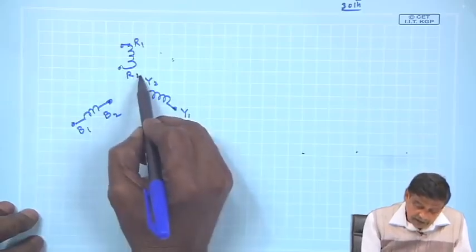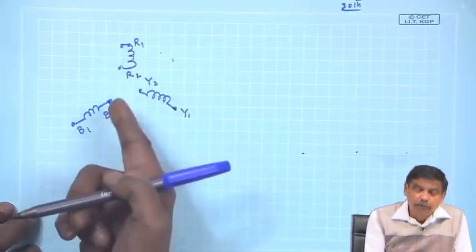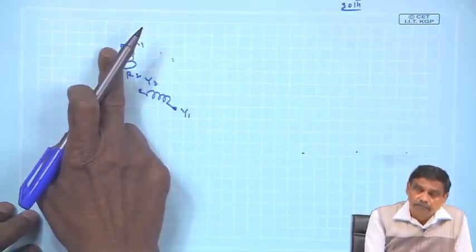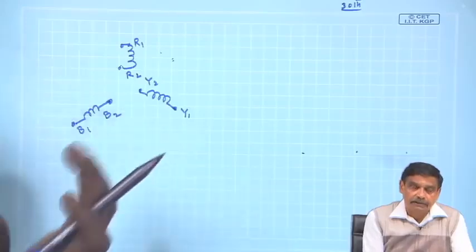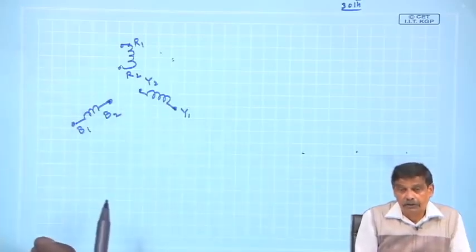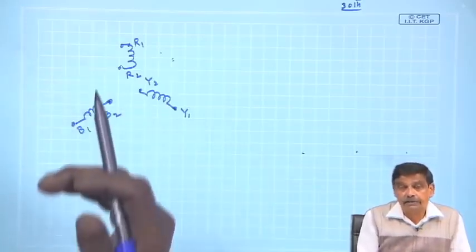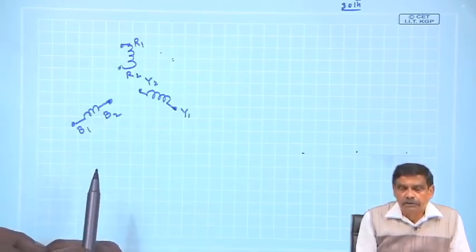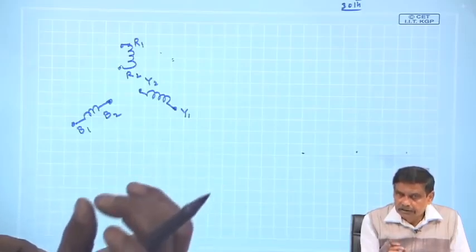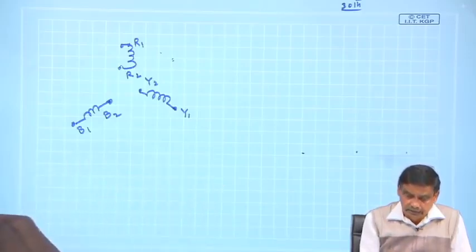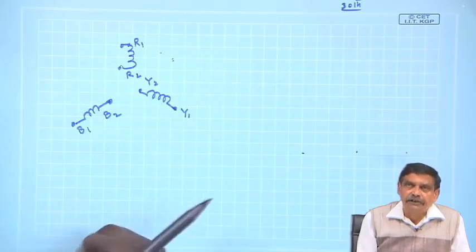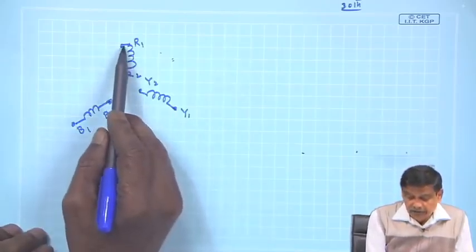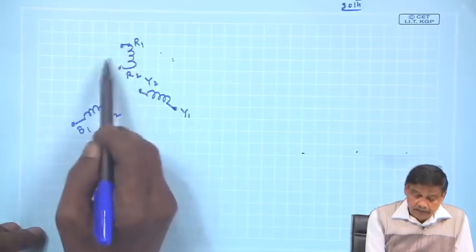And remember, R2 is the global finish of the R phase coil, and this is the global start of the R phase coil, because there may be several groups, each one of them having a start and finish. And if you go further down, each coil has its start and finish, but nonetheless these are the global things. Therefore, the start of R phase coil